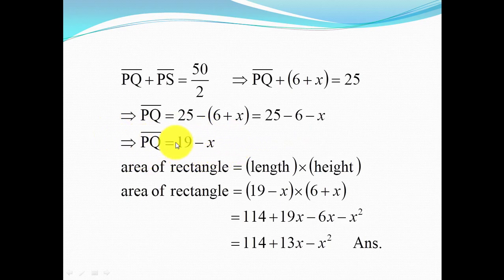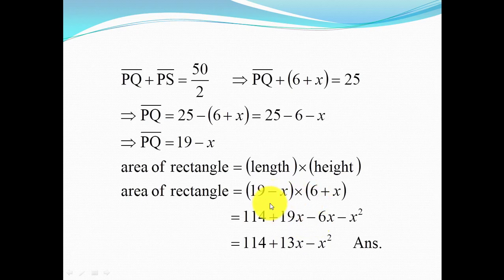Finally, we get the length of the rectangle and the height of the rectangle in the given expression. For the area, we write the formula of the area of a rectangle, which is equal to length multiplied by height. Putting in the values of length and height and multiplying, we get 19 multiplied by 6, which is 114, and 19 multiplied by x, plus 6 multiplied by minus x